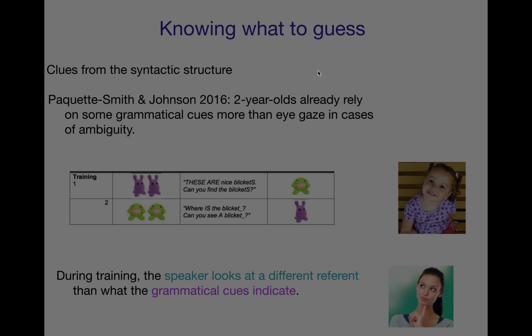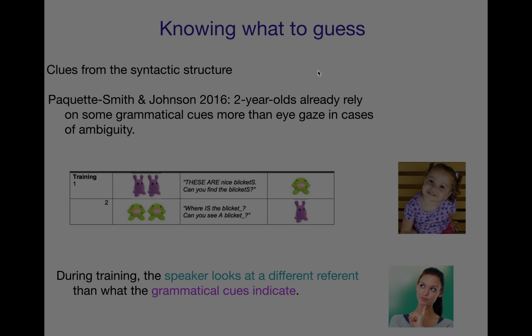Children often, actually when they're quite young, it turns out, really start relying on the linguistic or grammatical cues, even more so than cues they used to use when they were younger to figure out what we were talking about, like eye gaze, which is a type of social cue, right? Like joint attention, where are you both looking? And that will help them figure out what you're talking about. But Paquette, Smith, and Johnson in 2016 found that 2-year-olds already really are,